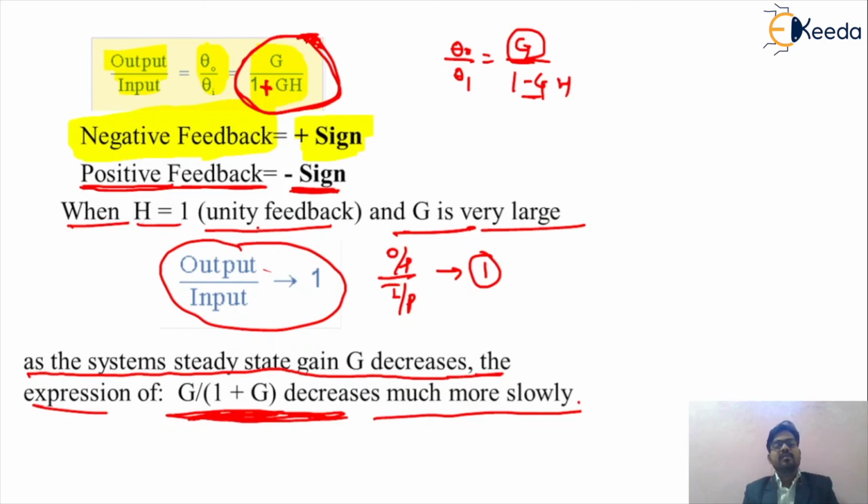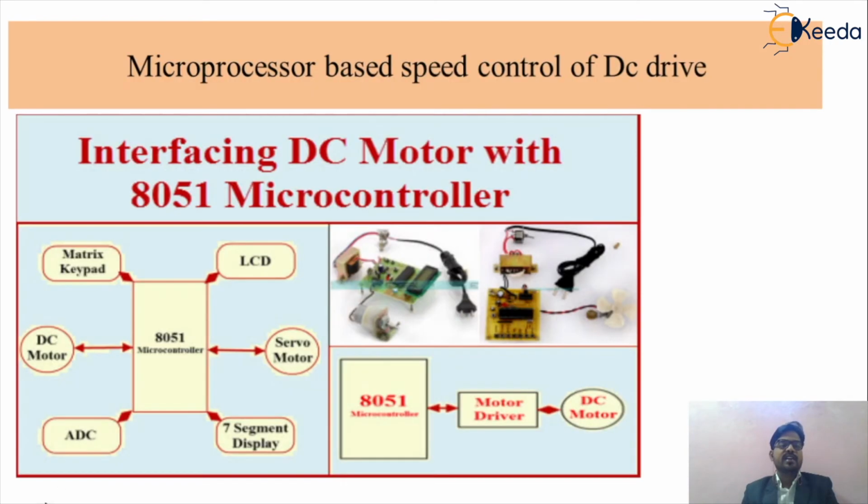So these are basically in concern with the closed loop transfer function of your DC drive. Now we are taking one example. This is called the microprocessor based speed control of your DC drive. The name itself indicates we are controlling the speed of your DC motor with the help of a controller, which is called a microprocessor or microcontroller technique. By the use of these powerful devices, we can control the speed of your motor.